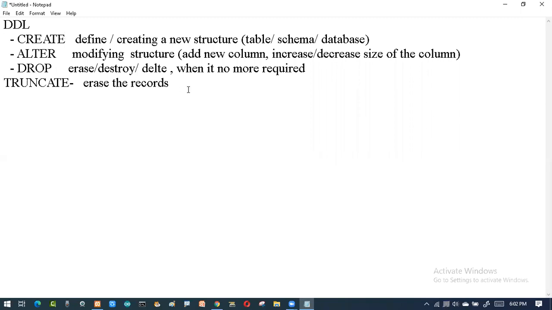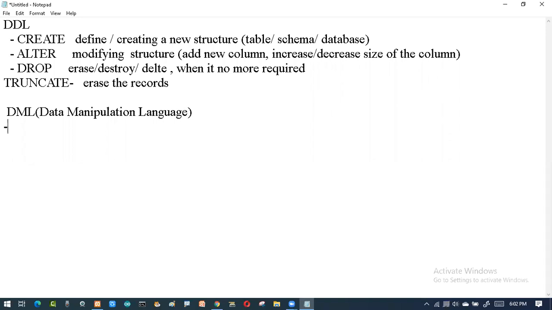Once we have completed this task, today we are moving on to data manipulation language. The name itself says it is a data manipulation language.